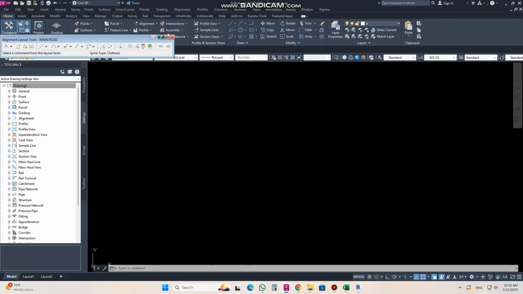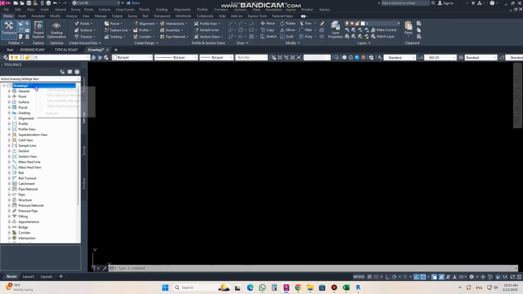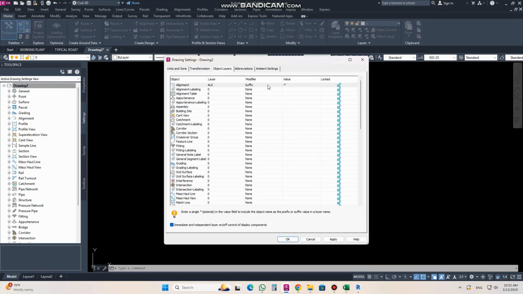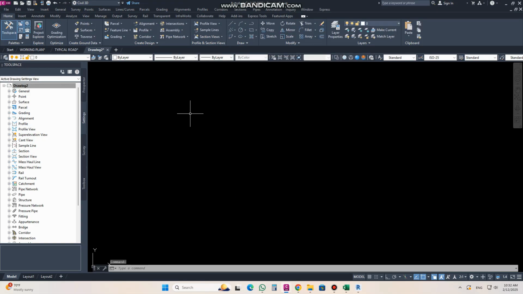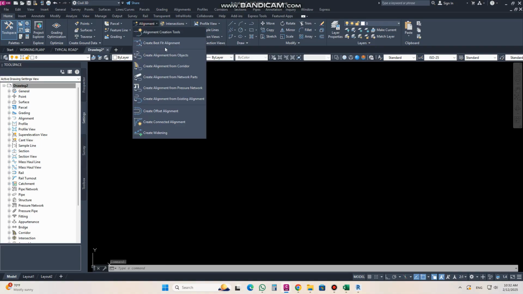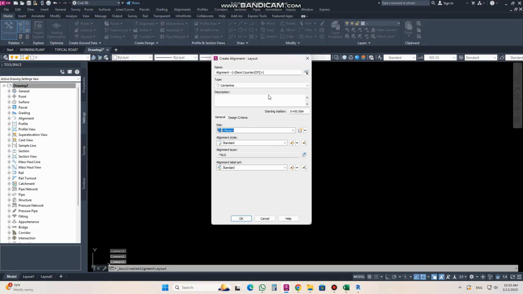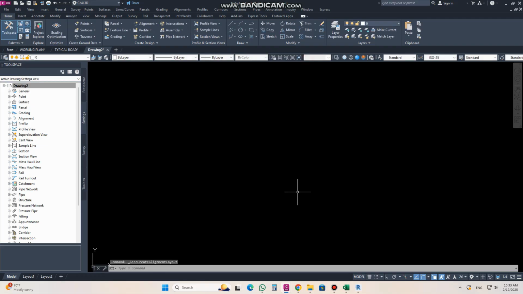Same like you can change from there, prefix and then apply. Okay. As you now go to create the object alignment, you will write name main road. You can see here it's appearing here, main road ALG. Like this you can create a different layer for your alignment. Okay,